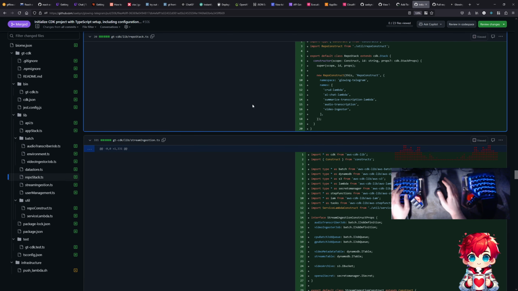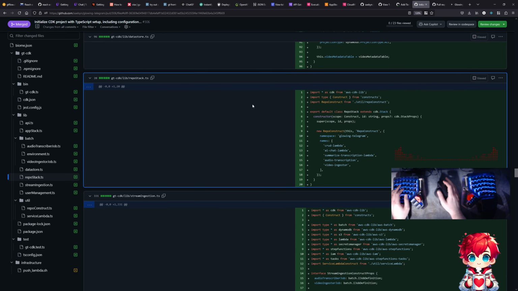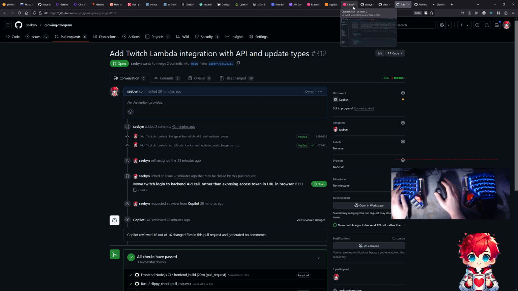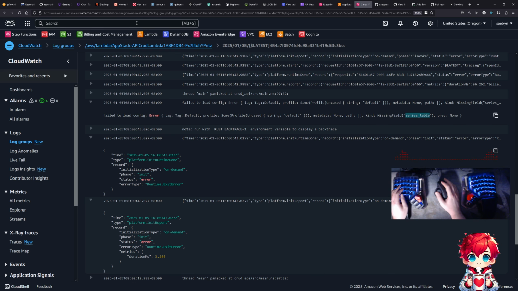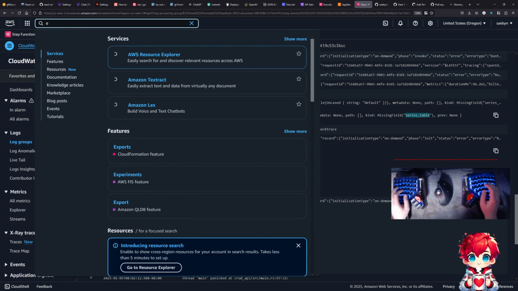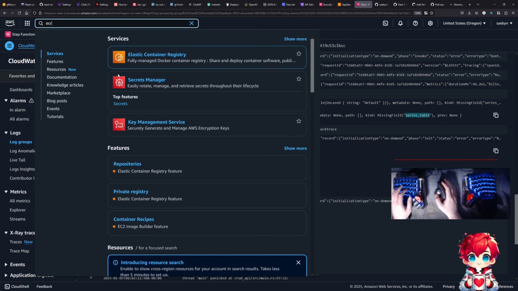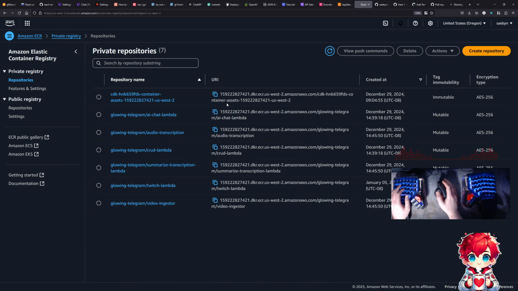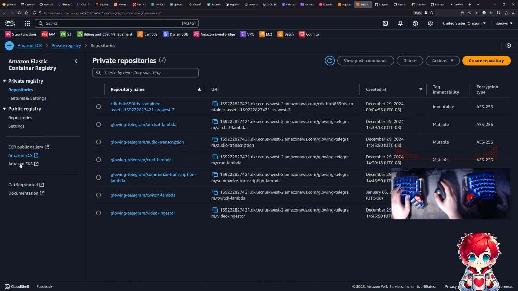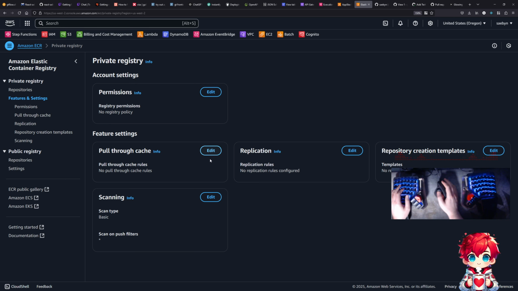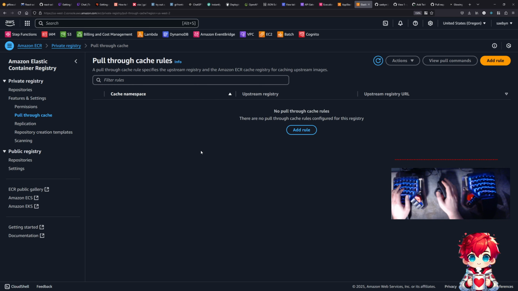Something I don't know if I called it out on the stream before. I think I saw it a couple of weeks ago. There's a feature in ECR that is definitely more surfaced now. Let's go to ECR. Which is you can have these features and settings, right? And so you can have a pull-through cache. One of the things that I've been thinking about is that right now, all of the